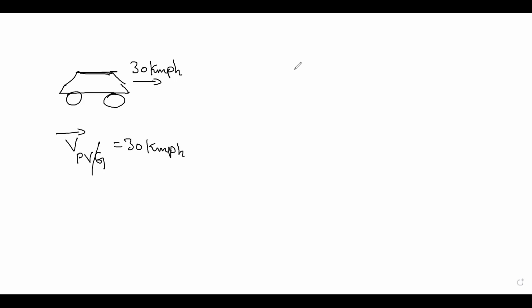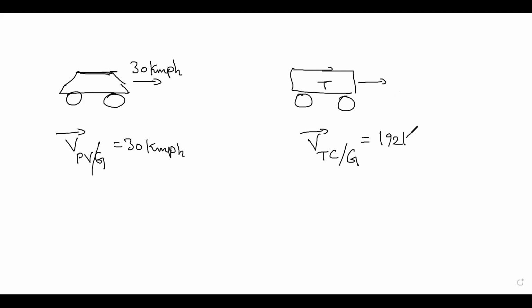And now the thief's car, so we'll put a T on this, that is the thief's car. The velocity of the thief's car is also given with respect to ground. With respect to ground, how much have they given? 192. You have read it correctly. Yes, sir, that's 192 kmph. Okay, right, so that's about 192 kmph.